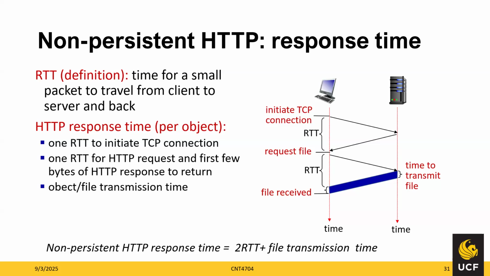So let's keep that in mind. On the figure here, the client initiates a TCP connection that costs 1 RTT. Next, the client requests the file and waits for the server response. That's another RTT. Finally, the file is transmitted across the connection, and the time to transmit is shown in